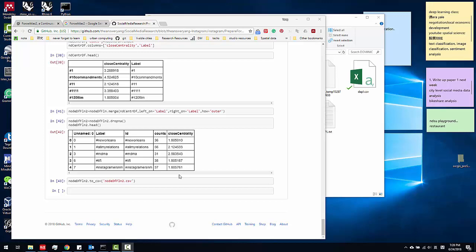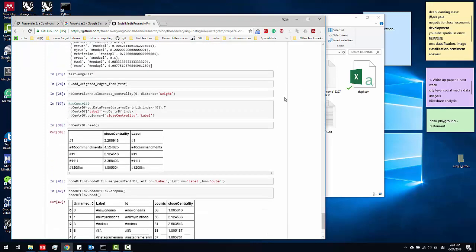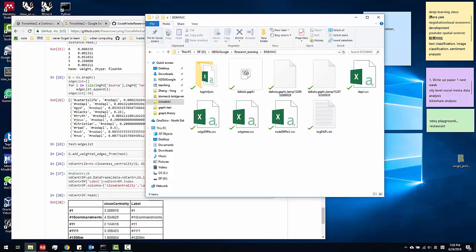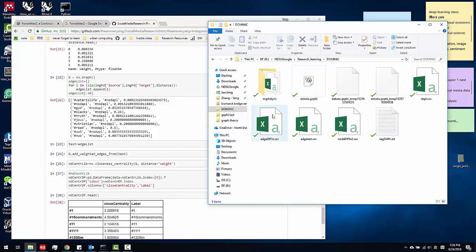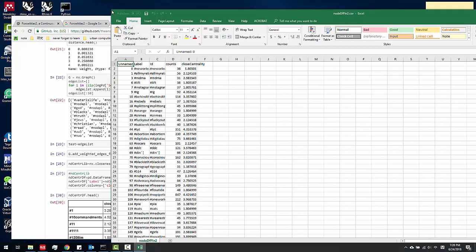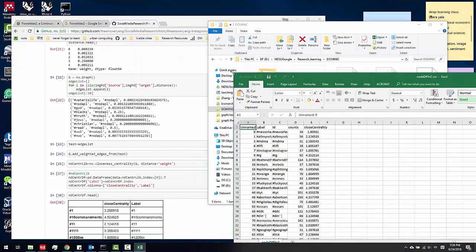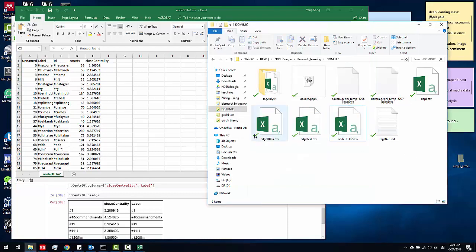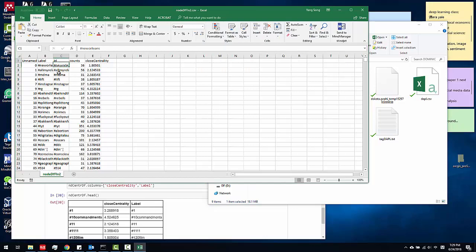Hello. Today I want to give you some updates about the previous graph analysis. At first, I found that previously I gave a label. See here, I give a label and ID. I just used 0, 1, 2, 3, 4, going down, and then I make sure the ID here matches